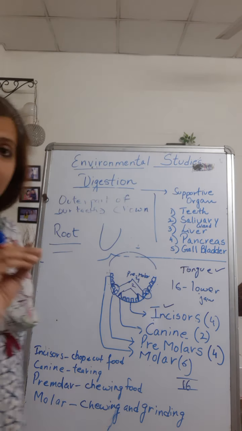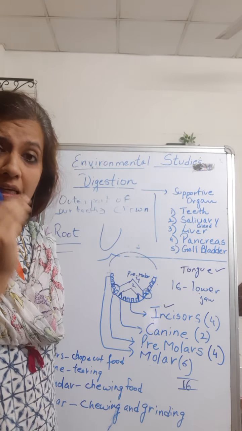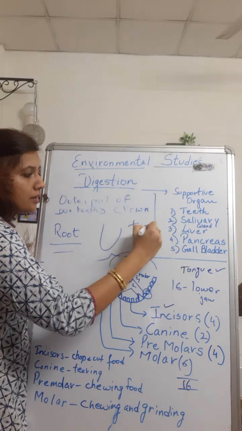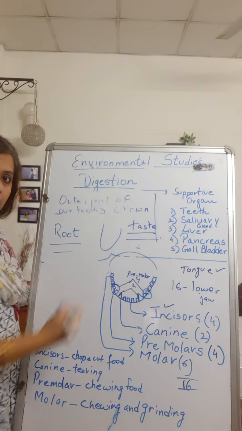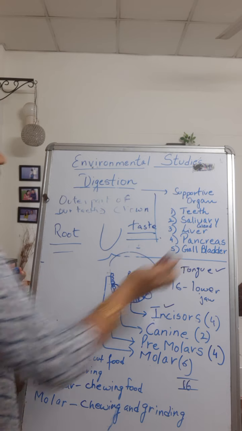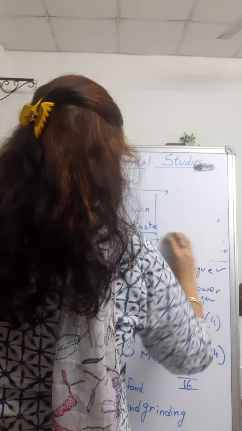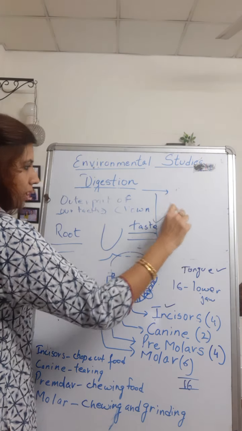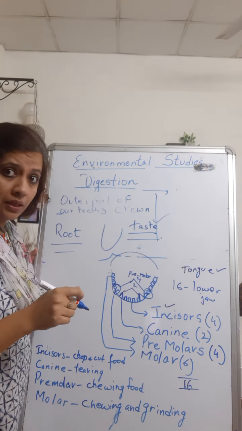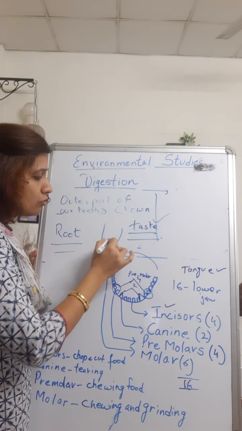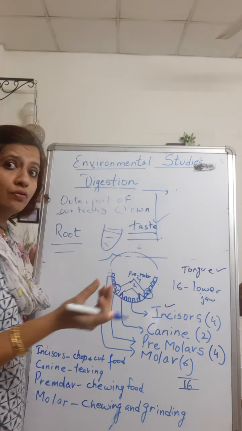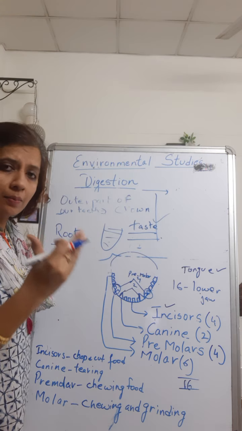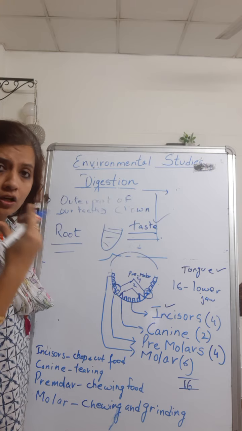Yes, the most important function of the tongue is that whenever we put any food particle inside our mouth, we get to know about its taste. Now this activity you will do. You need to tell me, you can message me in fact, which portions of your tongue tell you what kind of taste the particular food item has. And what are some kinds of taste that you can feel on your tongue?